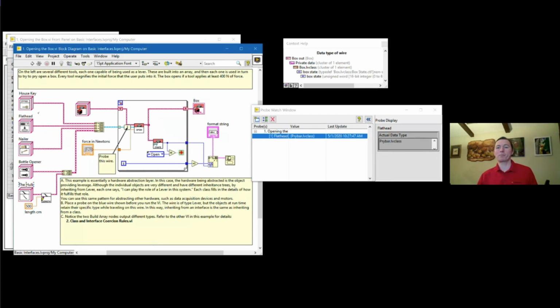These are the swappable parts, the hardware that I've abstracted, where I may be using the antique hardware or the newfangled modern system, and the framework doesn't care. I may be using the simulator or the real thing, and the framework doesn't care. These are the parts that you start thinking about when you start thinking about interfaces. We're going to look at interfaces as a new data type, as an object,